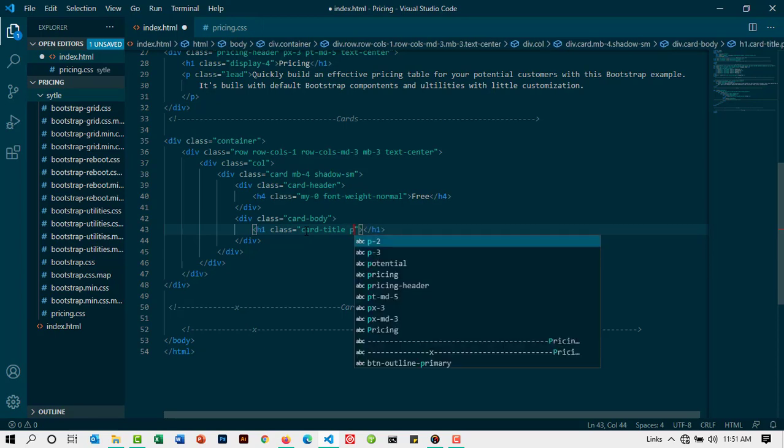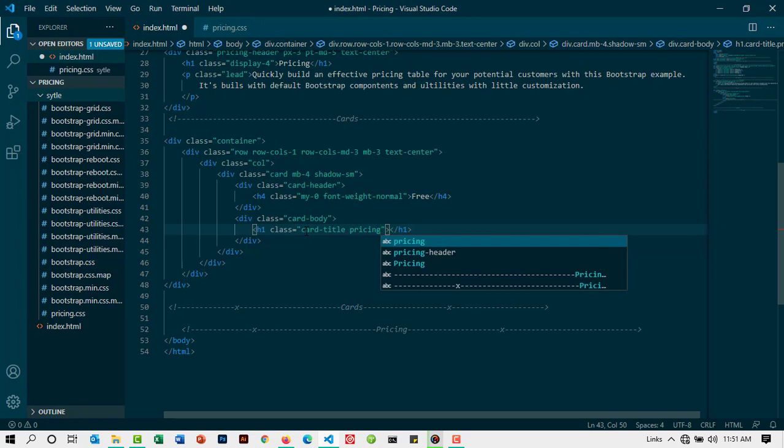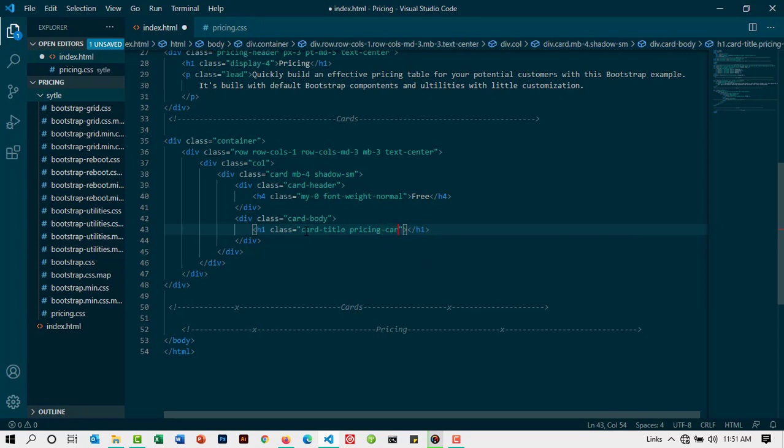So I'm just going to come and have pricing card title. So this is a class that will help us to style this in our custom CSS. So I'm just going to come and have $0 here,